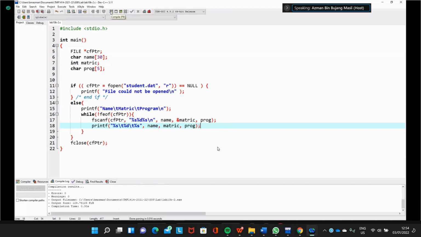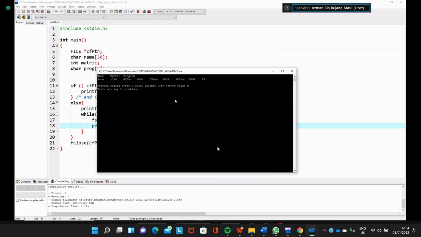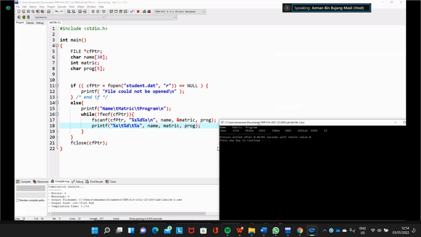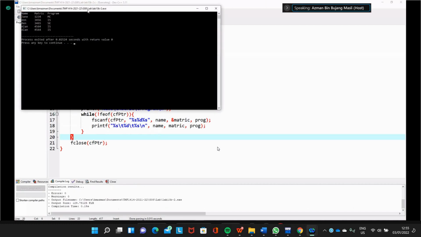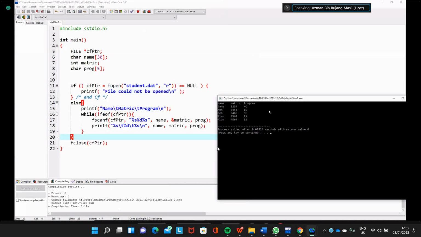We run the program. We compile and then run. See, we forgot to put a new line, so the output is not good. So put a new line here on your printf. And then for scanf, we don't need to put a new line. Then we compile it again, and then we run the program. Now it looks good.